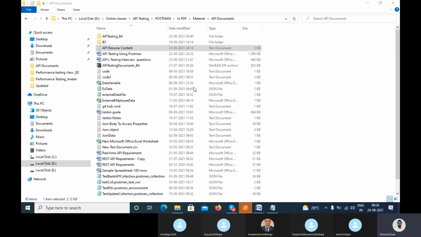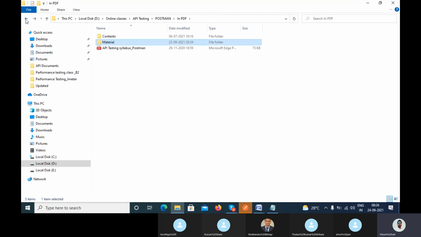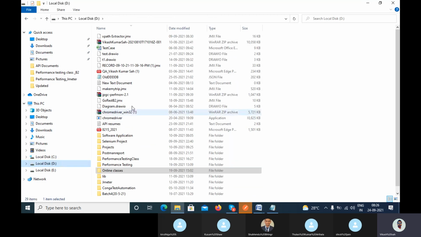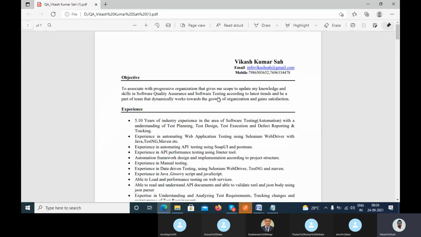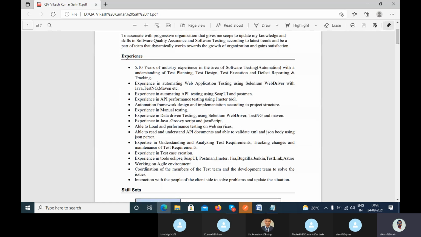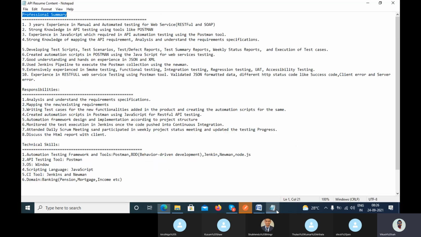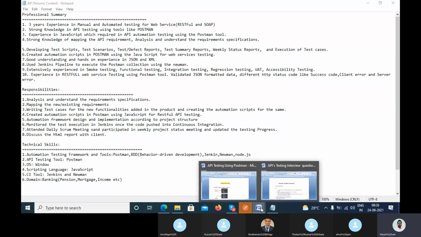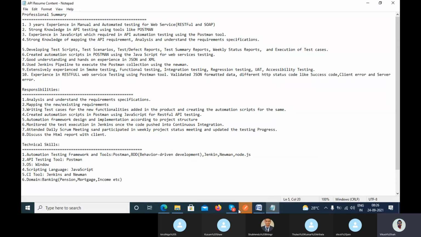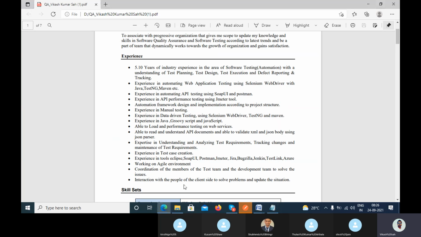It was not good, but here in the experience section, or the professional summary, you can add a first point in between whatever profile you have. So in that resume you can add one more point here.